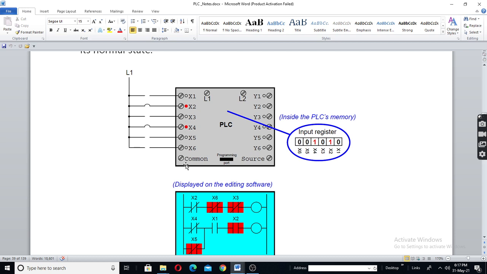The PLC will have some register, say the input register, in the PLC memory. See here, switch 2 and switch 4 are closed. So in its register, the X2 and X4 bits will be 1. All other things are 0. Means when this gets a high voltage, it will store bit 1 there.